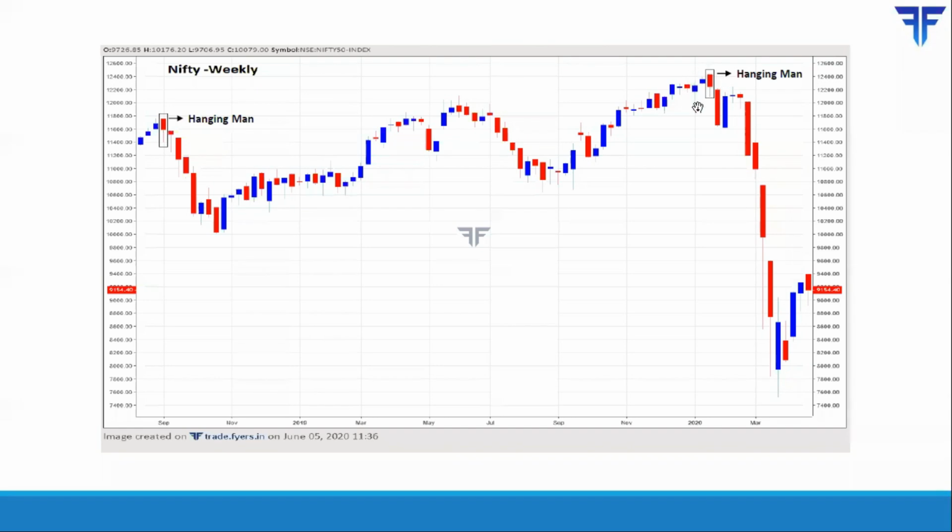Then again, at the extreme right of the chart, you can see another hanging man forming. Again, as you can see, the real body is situated at the top, and the real body is less than half the size of the total candle. Again, as you can see, in the coming week, price did not break above the high of the hanging man, and the low of the hanging man was breached, post which there was a consolidation for 3 to 4 weeks before prices started falling sharply in the coming weeks.